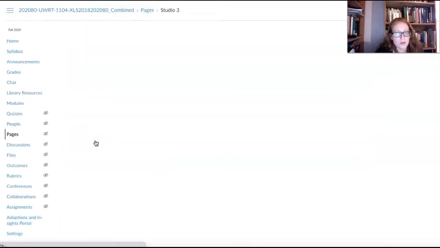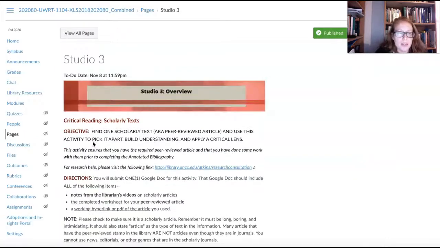So what Studio 3 is focusing on is critical reading and scholarly text. We talked about how we were going to get into the scholarly text and the peer-reviewed articles and what to do with those a little bit later on into our research. So you maybe have already found a scholarly article, but if you haven't, or you found one in the exercise but it's not really what you want to do, then you can find one now. Find a peer-reviewed article, and we're going to use this activity to practice what to do with these articles,